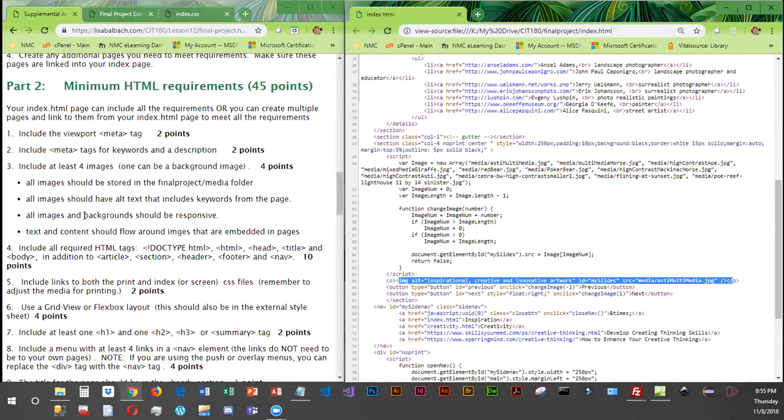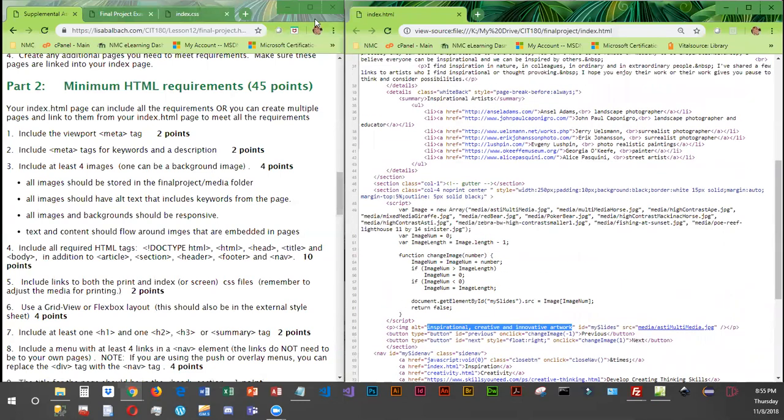Okay, so you have to have at least 4 images. They should be stored in the final project media folder. They should have alt text that includes keywords from the page. So this was a little interesting to do this with the photo viewer. So what I did was I incorporated those keywords, kind of generic keywords down here into the alt text. Okay, that was kind of the best I could do for that. And there really is no alt text for a background image. I did make the background image responsive,